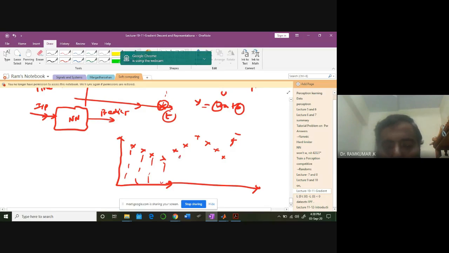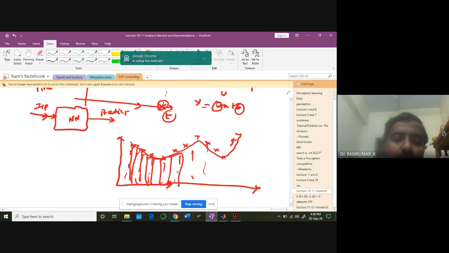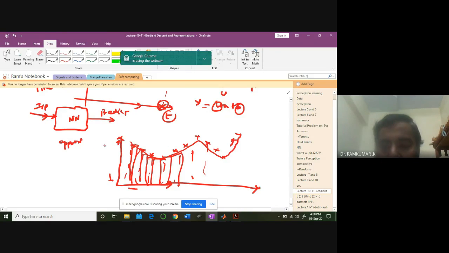So in that case, what you need to do is put a curve like this, a polynomial curve. For fitting those curves also, you need to build towers like this. Normally in integration, you might have learned this: approximating a curve by taking the integration of this kind of rectangular units, finding out the area. So here also you can do that approximation.